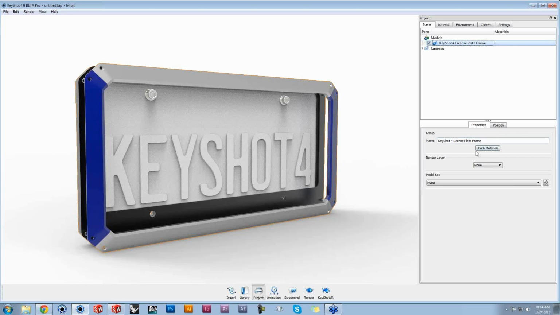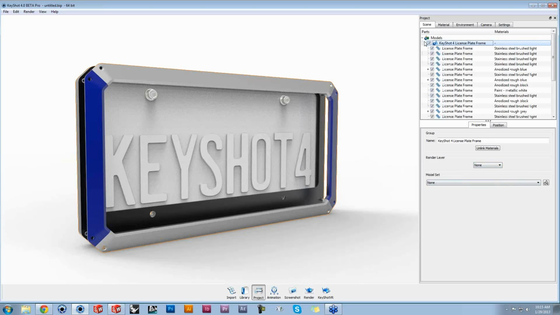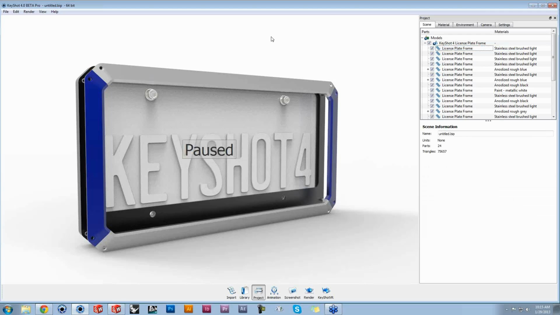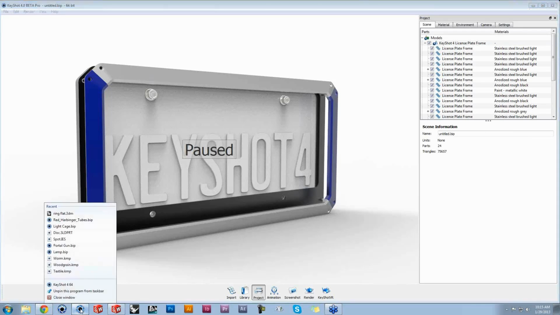We can unlink all of our materials. If we had not applied shaders before, just simply unlink with the unlink button. You also notice render layers and model sets, so we'll get into those in a little bit. If we expand this and look on the part level, you'll notice a rounded edges feature here. So let's pause this and just open up